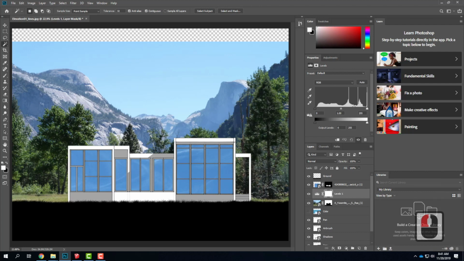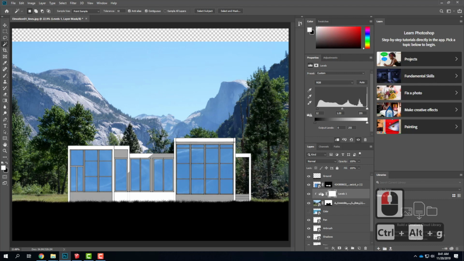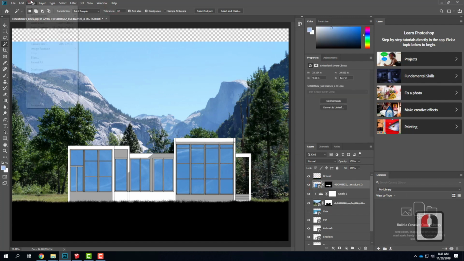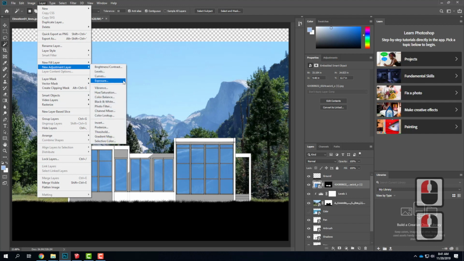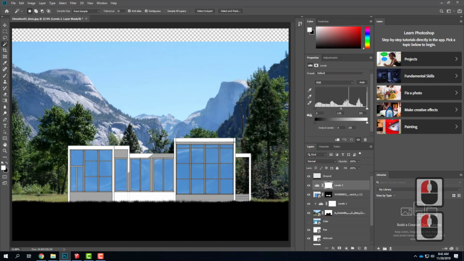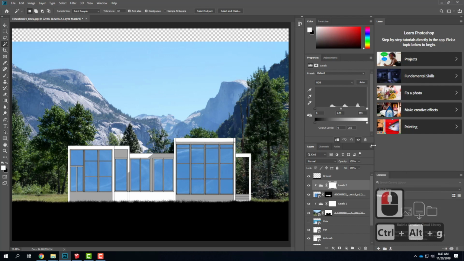There it is. And on this levels adjustment, I might pinch in the darkness just a little bit. It's about like that. But I want it to apply only to the background. So when I want the layer on top to apply just to the layer below, I'm going to press Control-Alt-G, and that's going to tie this layer only to the background layer. I can do the same thing with my windows. So let me go to Layer, New Adjustment Layer, and again I'm going to do a levels adjustment. Control-Alt-G ties it just to the windows layer,